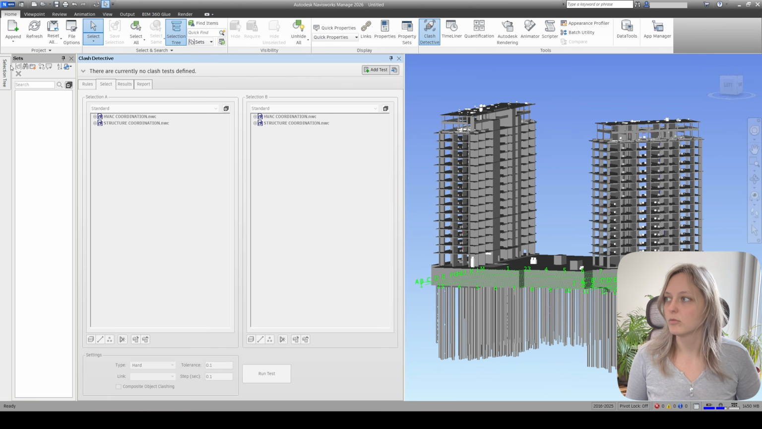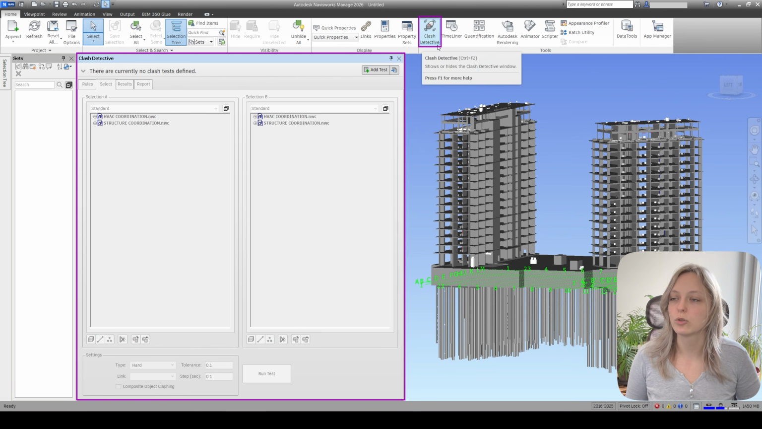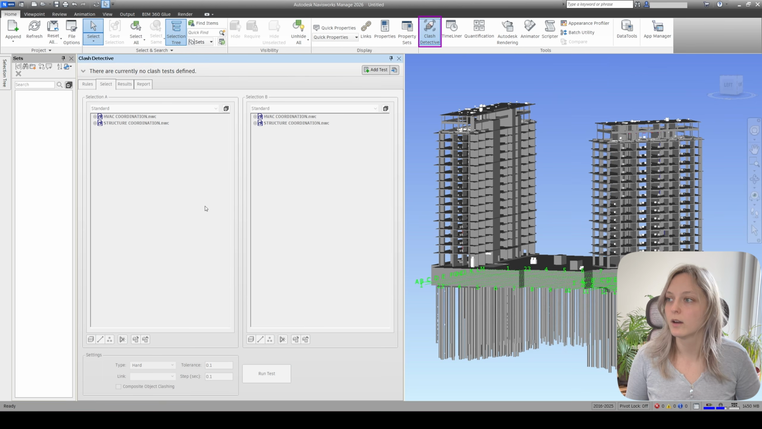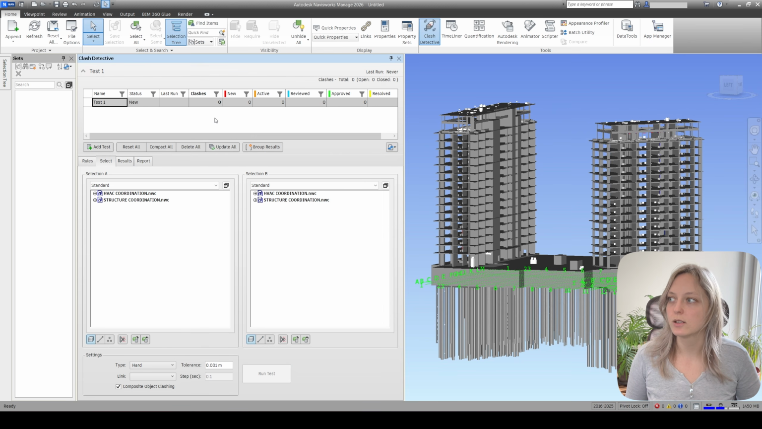As you can see here in my properties, I have opened the sets and I have opened the Clash Detective. If this is not something you see, you should check this icon. You should open Clash Detective so you can see this window here. And I'm going to use this add test tool, which is going to be basically our first test for clash detection. And I'm going to call it the